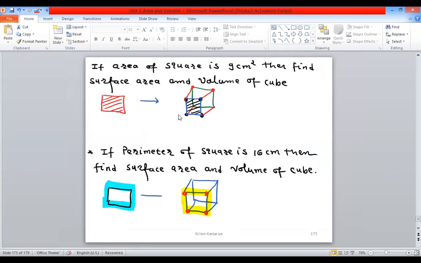See, suppose that you have an area. I give the s square. S square is the 9 centimeter square. See, multiply the 6 by 9. So 6 into 9, it's a 54 centimeter square. It's your surface area. But for the volume, you need an s cube. So it's a 9 into 3, it's a 27. It's your volume. So what is the procedure to find the question? Something is missing here, Lulu. Okay, don't worry, but you try very well. Any other student?